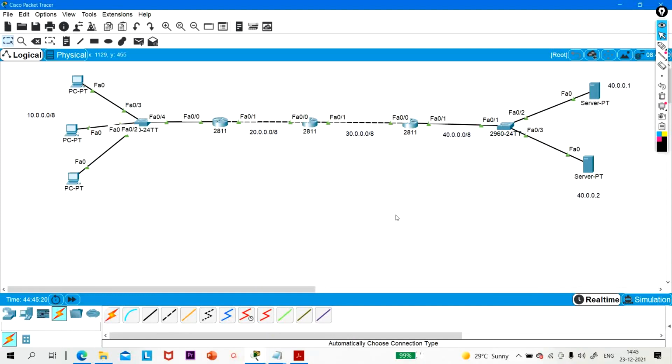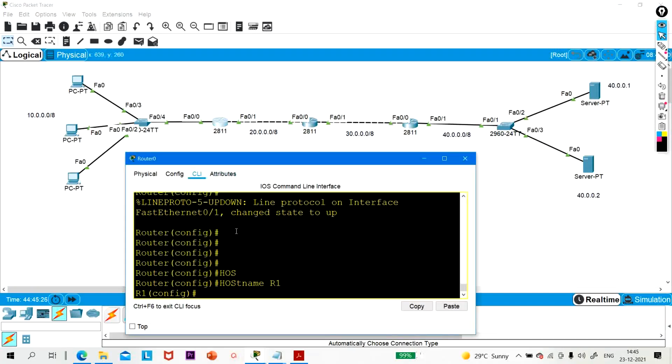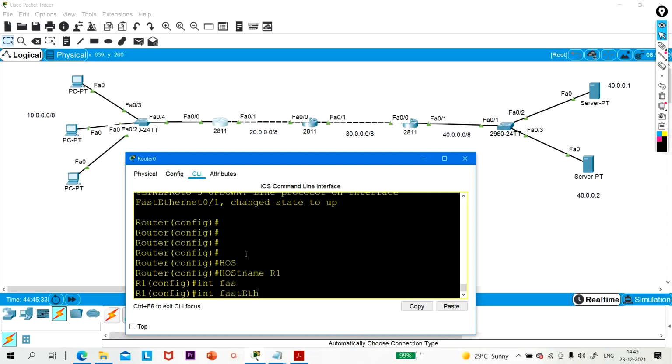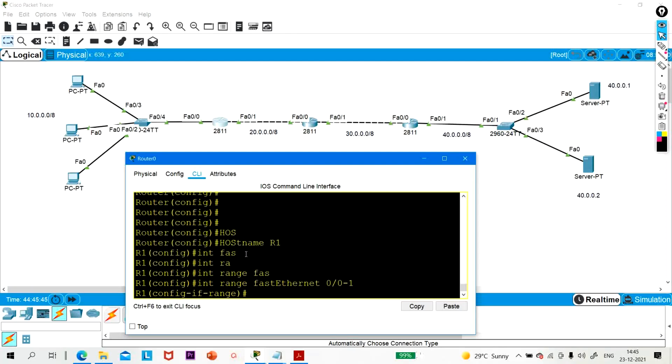So let me configure OSPF on R1 first. Go to R1. Interface range FastEthernet 0/0 to 1, and enable OSPF. I'm enabling OSPF here.